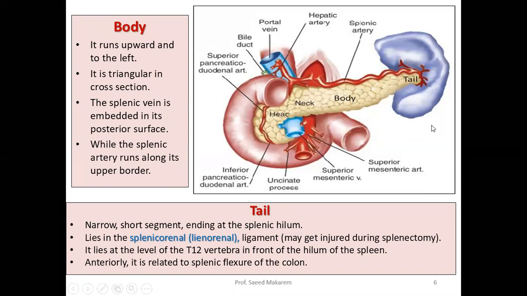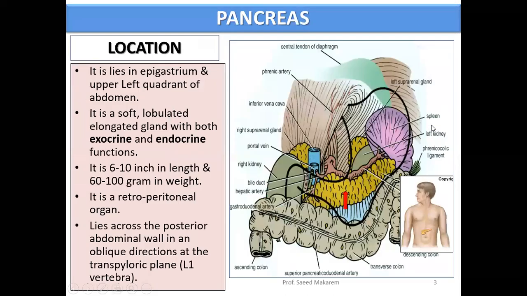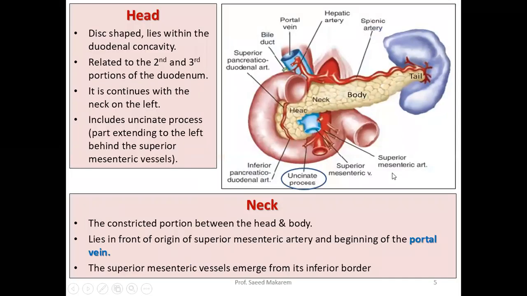So the splenic flexure of the colon will be like this. As you can see, this is the splenic flexure of the colon. This is the colon here. This is the hepatic flexure, the right flexure, and this is the left flexure, also called the splenic flexure of the colon. So here is a very close relation of the tail with the splenic flexure of the